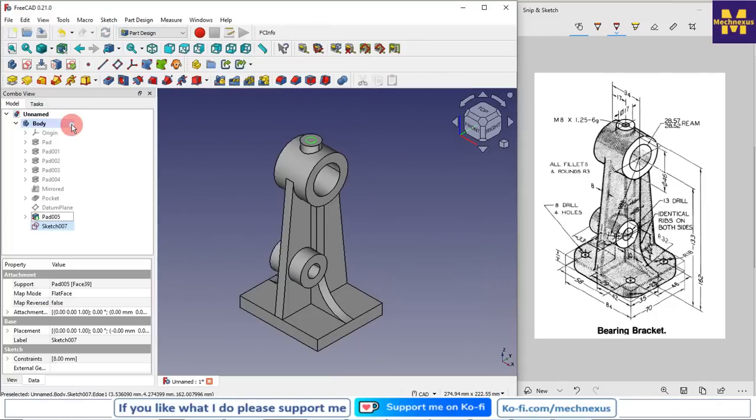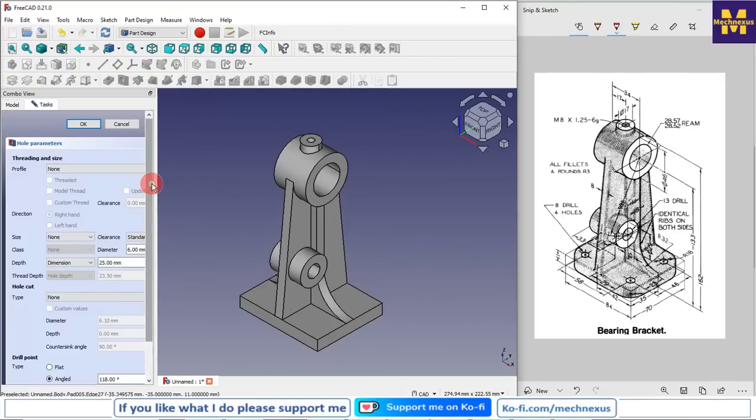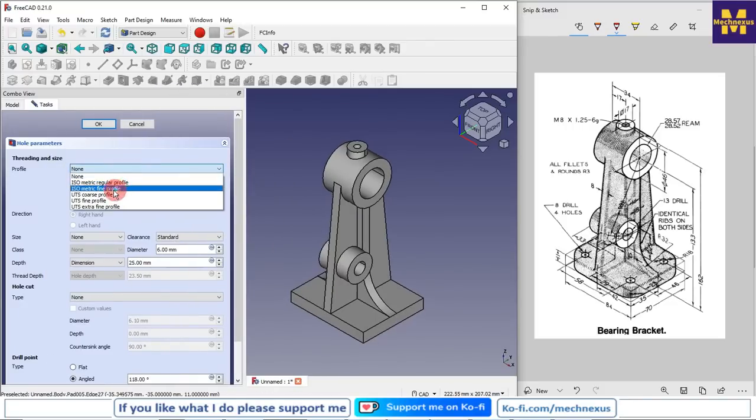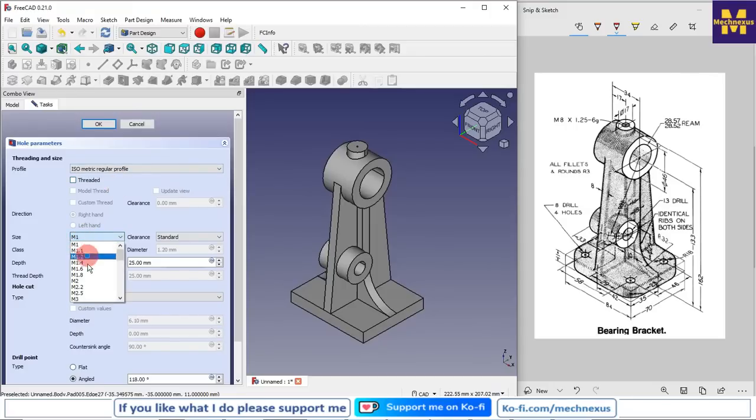Now I will close it, and now I will use the hole tool, and here I will select the ISO metric regular profile, and here I will select my size, which is M8,